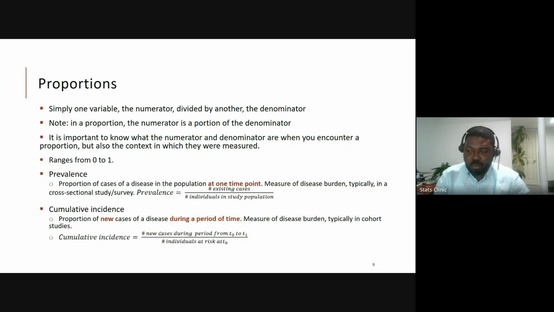Because they're a new case of obesity, they will go in the numerator, the top one. But the bottom here, so that's 50 in the top, new cases of obesity. The bottom is the 200 who did not have obesity on the 1st of January. So that means that the cumulative incidence during this period of 2023 is 50 over 200. I hope that's clear now.